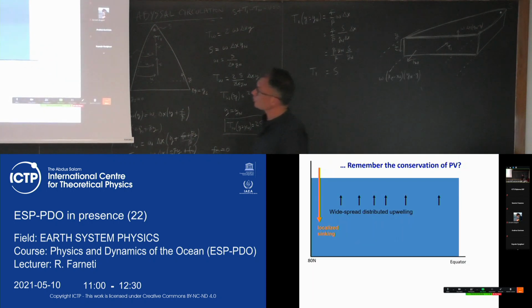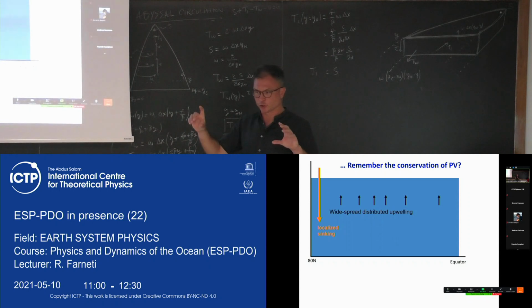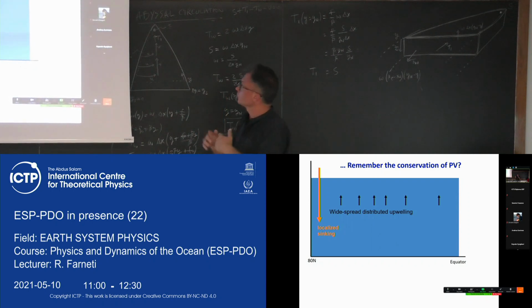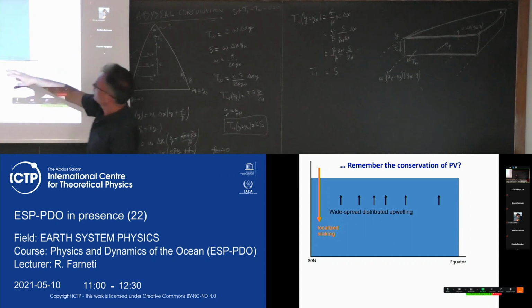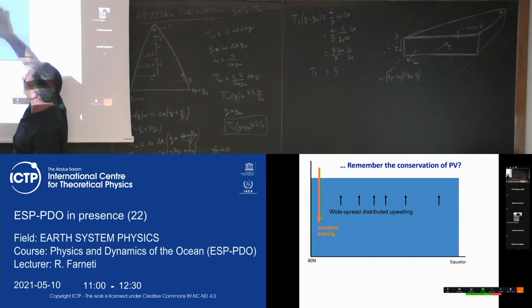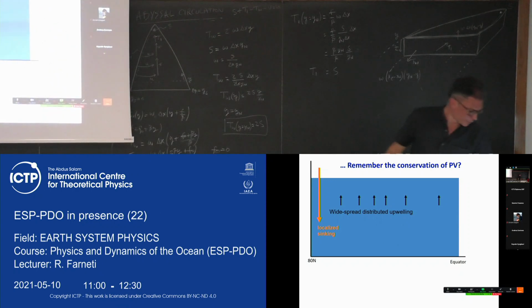So this is just a conservation of potential vorticity. Remember we saw the vertical velocity in the Sverdrup balance, vertical velocity is positive, so meridional velocity has to be positive. You can think about this as conservation of PV. You have a localized sinking somewhere and a widespread distributed upwelling of vertical velocity positive. So you can also think that